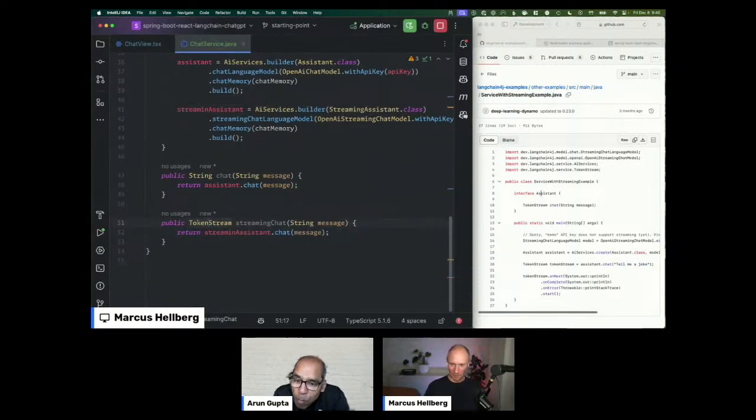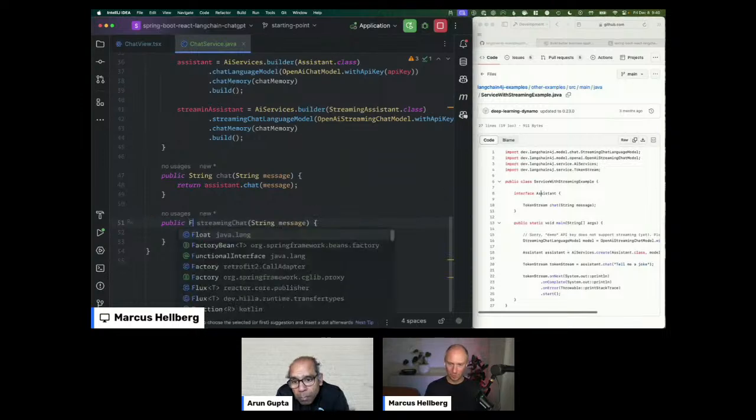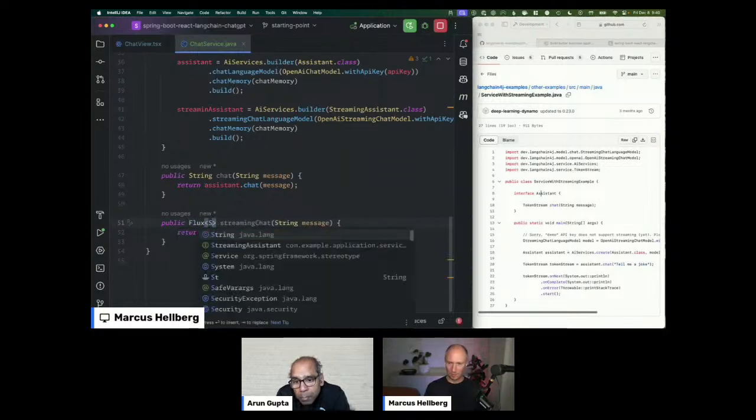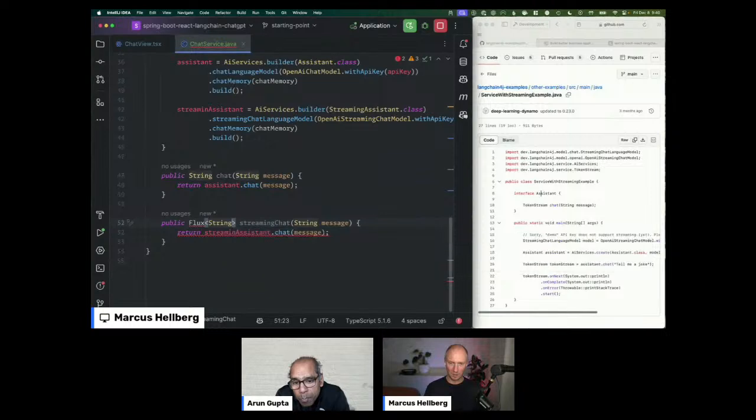Yeah. So the problem here is that token stream is something just internal to LangChain. That's not something that Spring or anyone else really uses. So I'm going to convert this into a more standard data type of a flux. That's from Project Reactor. That's what Spring uses for a lot of the reactive web stuff, and that's something that we can work with. So instead of having a stream of tokens, I'm going to have a flux of strings. A flux is a data type that we can subscribe to. So on the client, we can just call it, and then say, just notify me as things come in, and I'll handle that.